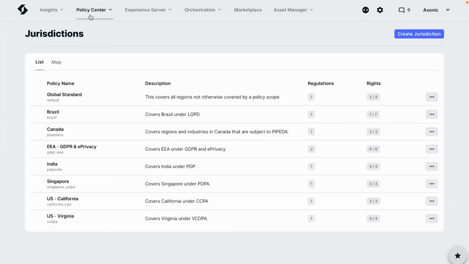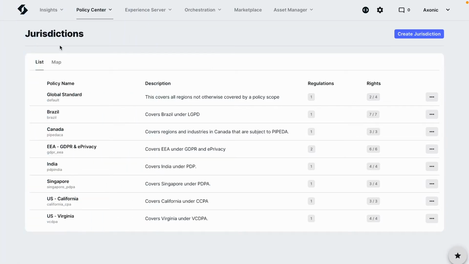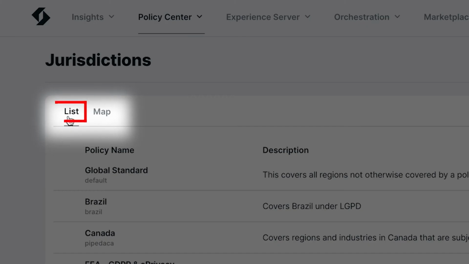Now that we have an understanding of the Ketch Policy Center, we'll drill further into understanding Ketch jurisdictions specifically. Ketch jurisdictions define what regulations your business complies with across the globe, all while providing flexibility to control data usage at a granular level. The jurisdiction section of the platform has two different views, a list view and a map